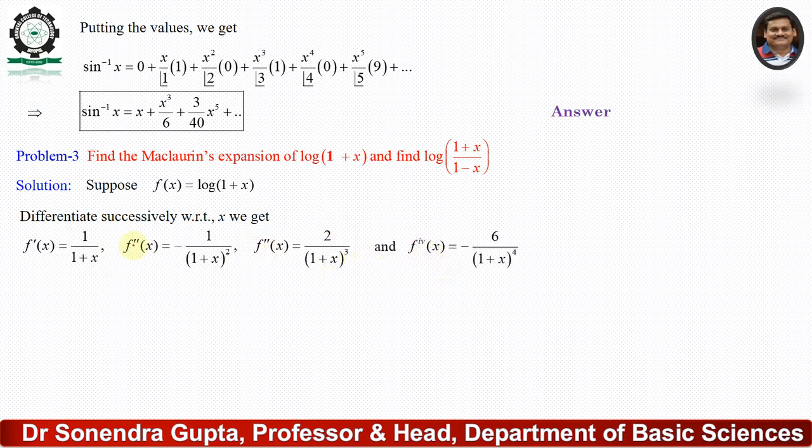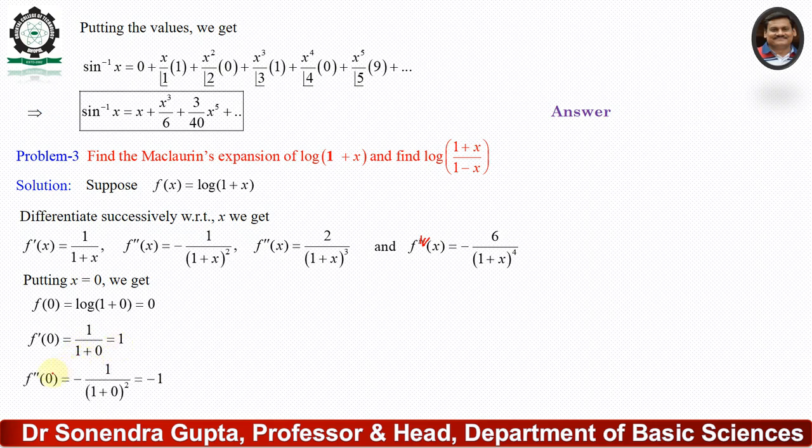Now this is the third derivative. Okay, f triple dash of x equal to minus 6 upon 1 plus x to the power 4. Now putting x equal to 0 in all these expressions, then we get f of 0 equal to log 1 plus 0 equal to 0, f dash of 0 equal to 1 upon 1 plus 0 equal to 1, then f double dash of 0 equal to minus 1 upon 1 plus 0 whole square, that means minus 1. Then f triple dash of 0 equal to 2 upon 1 plus 0 whole cube,